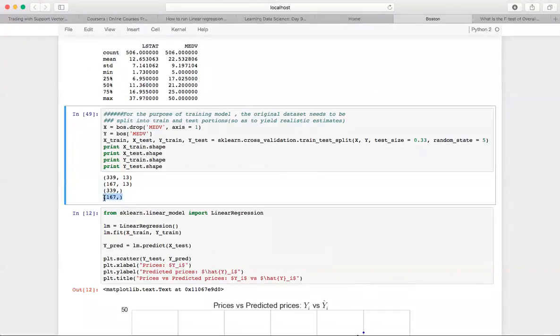So this is the actual value which we have in the test, but what we are going to do is use only this information, that is 167 and 13, to predict 167 new values. Now those new 167 values would be compared against the test so as to check the accuracy. That's all. Okay. And so then the next step is,